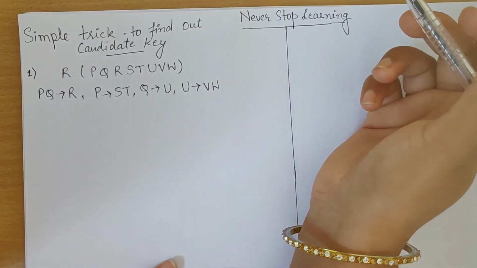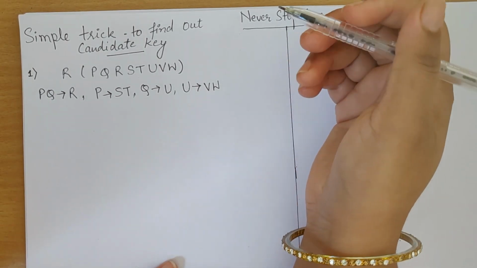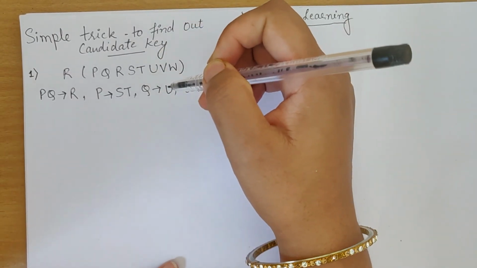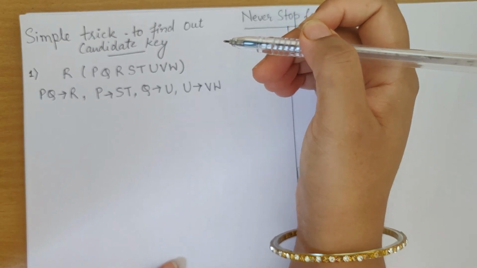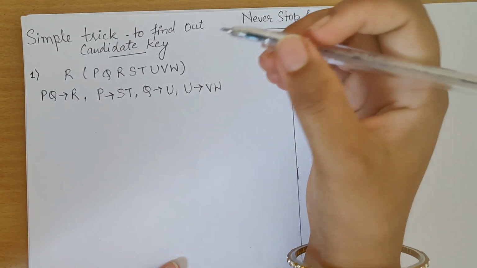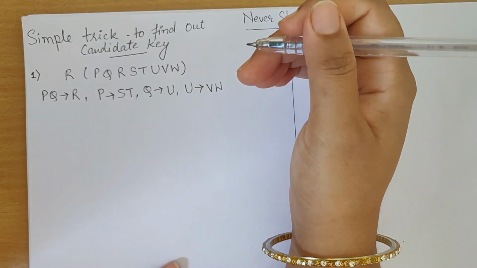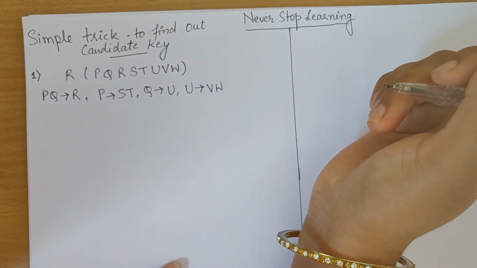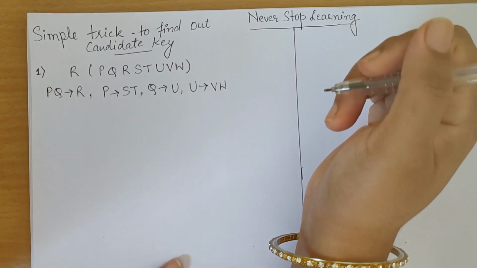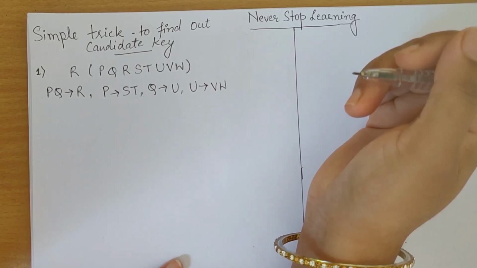And this trick you can use for your university exams also. There is no problem in that. So basically in GATE or any competitive exam, you get a question like this: find out for this particular relation how many candidate keys are possible. The answer will be given like 3, 4, 5, 6, and you have to tick one, right? So finding it quickly is the most important thing at that time. Let's see how we will do that, and hopefully you will understand this short trick quickly and manage your time efficiently in your competitive exam.